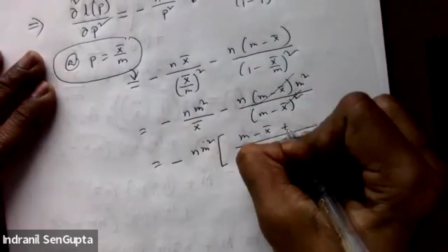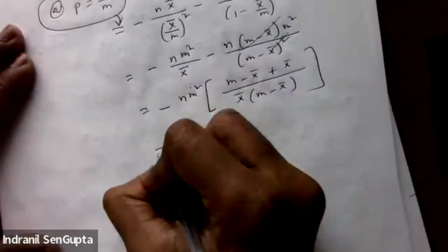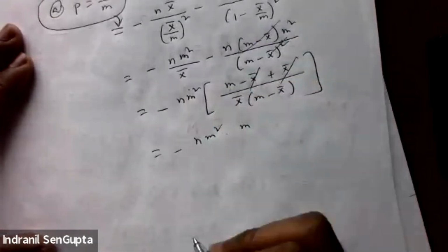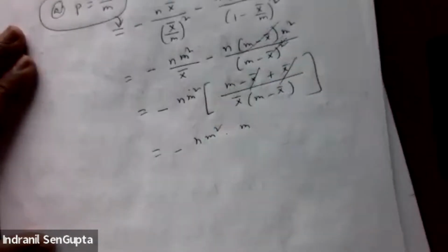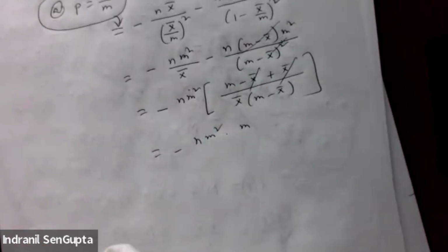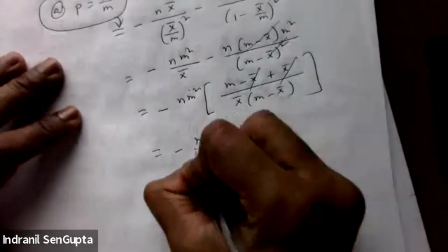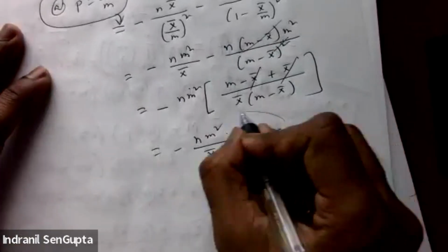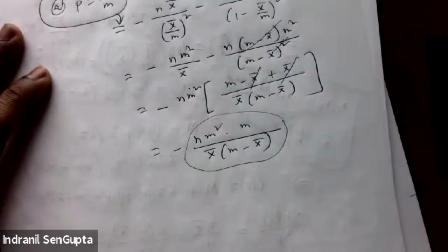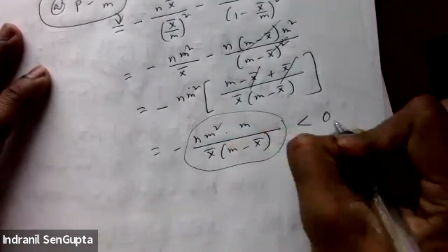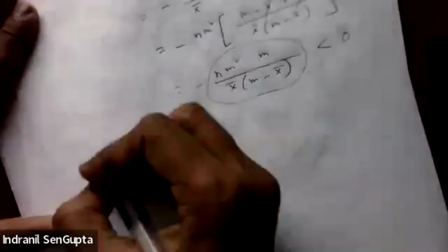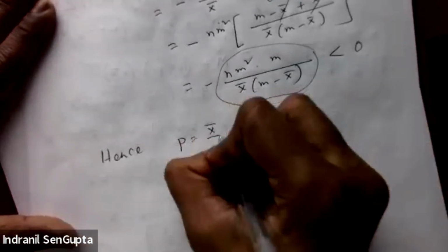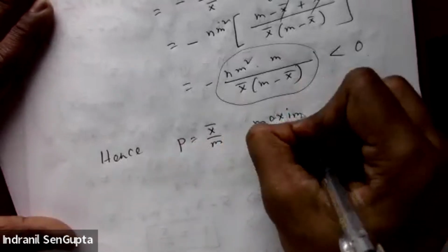It's m minus x bar plus x bar, which is minus n m squared times m over x bar m minus x bar, and everything here is positive, and therefore with a negative sign it's negative. Hence p equals x bar over m maximizes